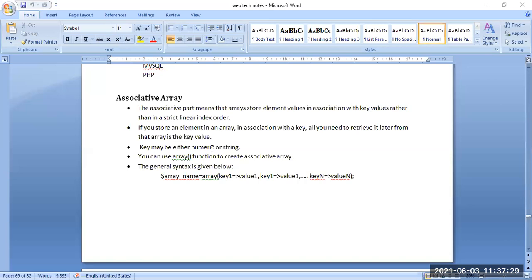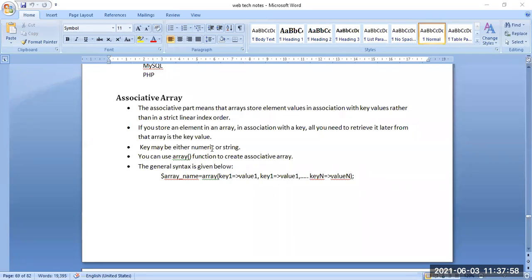So what is an associative array? The array stores the element values in association with the key values rather than in a strict linear order.